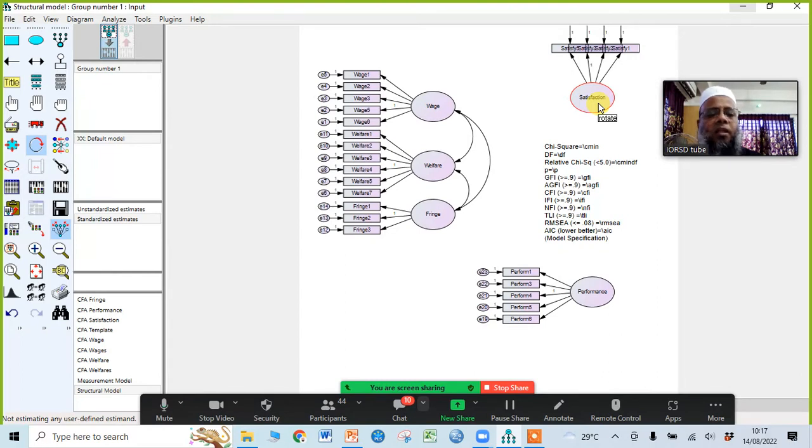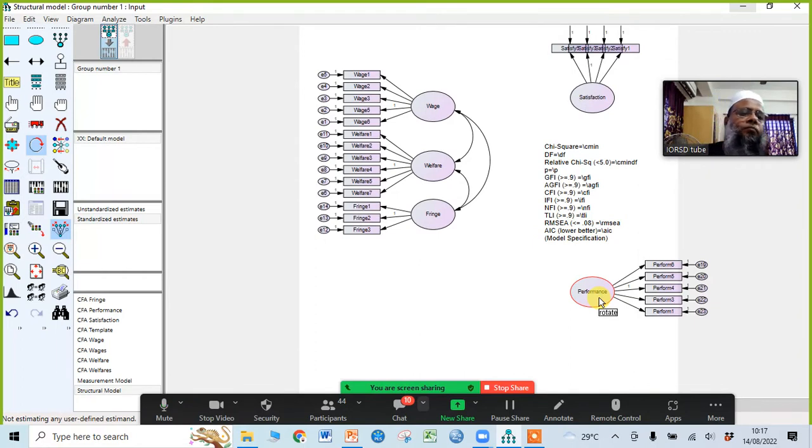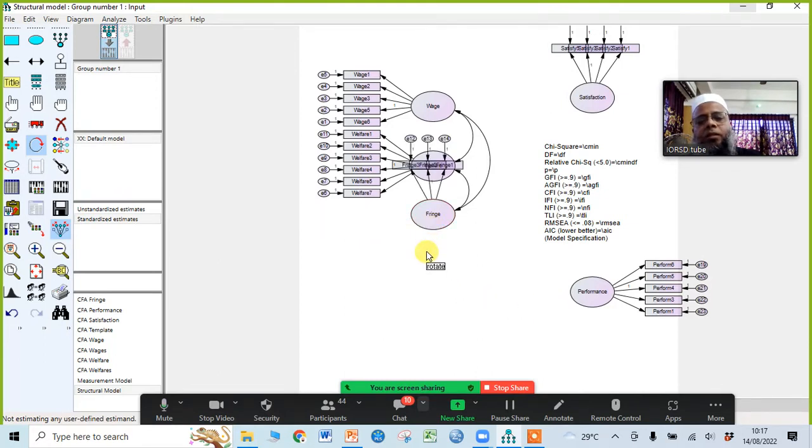Just keep it like this in the above, then we will decorate it, no problem. Take this performance to the right side, and keep it like this. Take the satisfaction indicators above and performance on the right side.